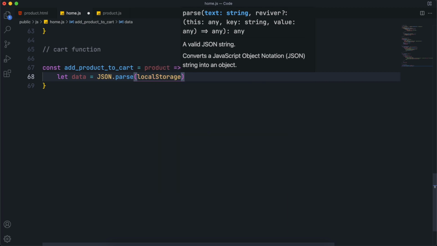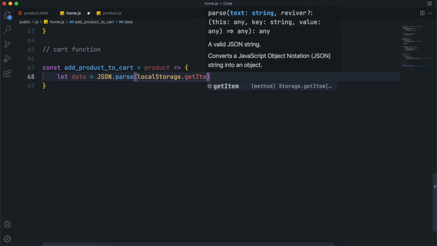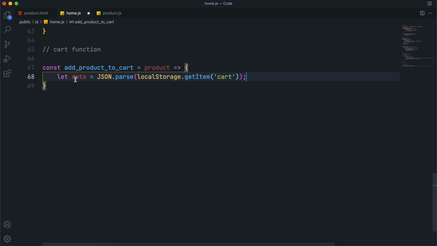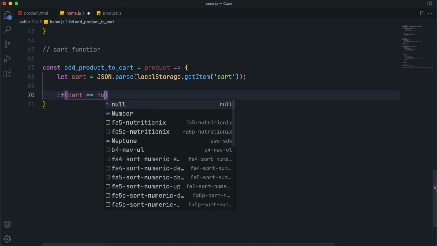We will store the cart items in our local storage, so set it equal to JSON.parse(localStorage.getItem('cart')). The getItem function will return the item of the cart key, and actually let's rename data to cart because that makes more sense.